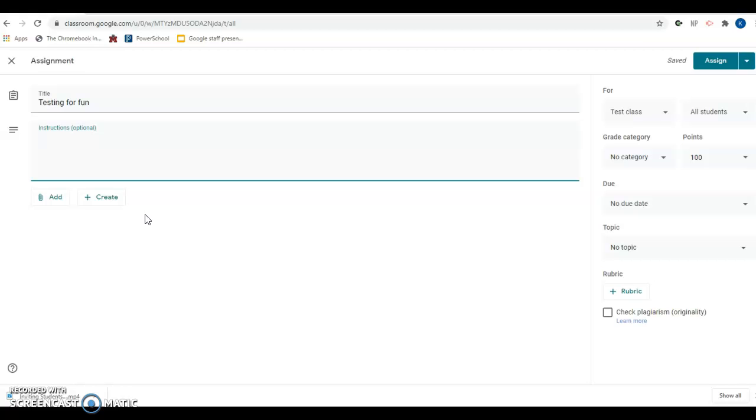It also helps them should you ever go on completely online. Now they have those instructions that they're not relying on you for. Or if somebody's sick and they need to complete the assignment, the instructions are right there. So you can type whatever you want to in here. So watch the video first, then complete Google quiz,